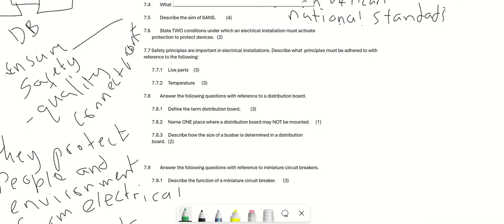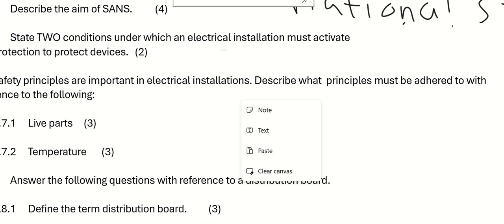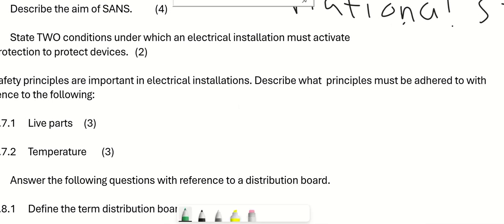There are two conditions. Let me just zoom in. The two conditions are when overcurrent is taking place. I'll just say overcurrent occurring.